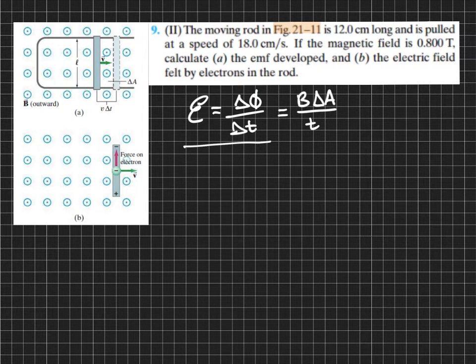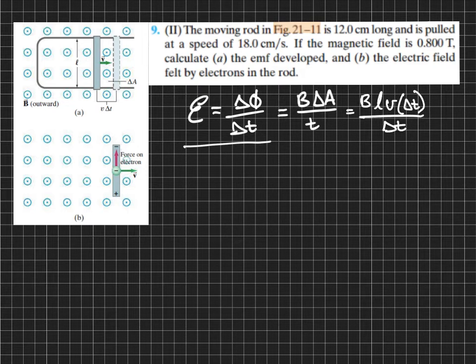Now, if we understand how this area is changing, we can see that the length is staying constant, and area is length times width. Our length is staying constant, but the width of this area is increasing as this bar moves from here to here. This is the change in area being produced right here. So this becomes B times L times velocity times time